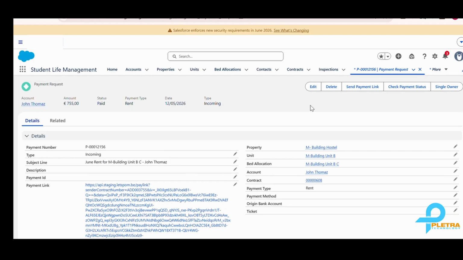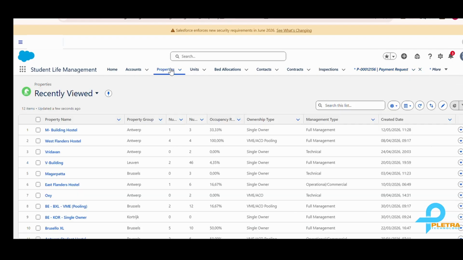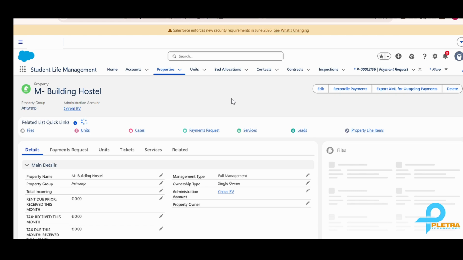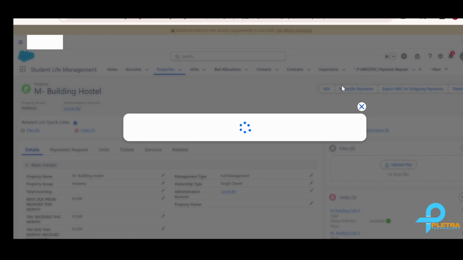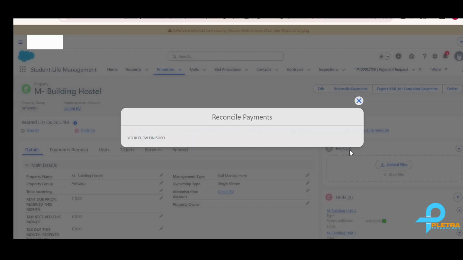And for the generation of the outgoing payment request, we have to go to the property. This is the property. And on the property we have this button, reconcile payments. Once I click on reconcile payments,